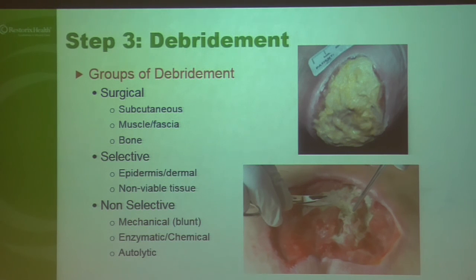So, different types of debridement. Obviously, they've broken it down from a billing point of view to selective and non-selective, depending on how deep you go, what types of tissues you're removing, also the instrument of your debridement, whether it's sharp surgical debridement like you see in the lower part of the slide, or if you're using chemical or enzymatic or biological, it's important that you document what